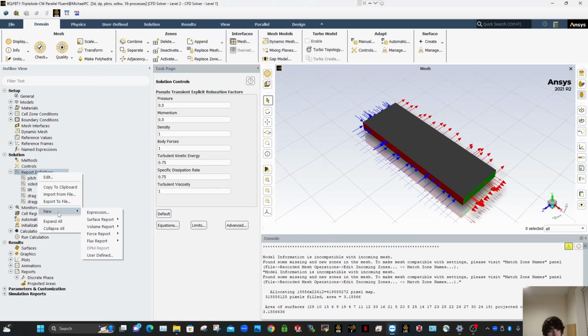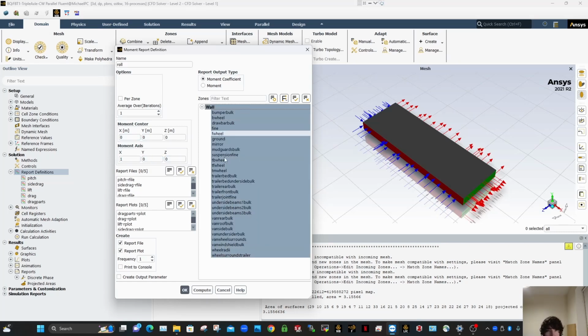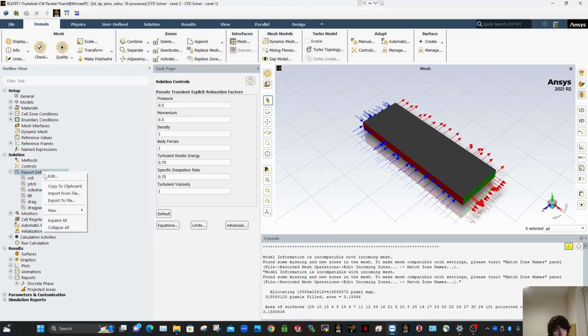So my next one, I'll create a moment now for roll, and roll will be around the x-axis. Okay, so I'm going to put that as 1, that is 0, and then put that in there, turn off the ground, don't print it to console, it's called roll moment coefficient, all that looks good. Okay, so click OK on that. And then the final most important one